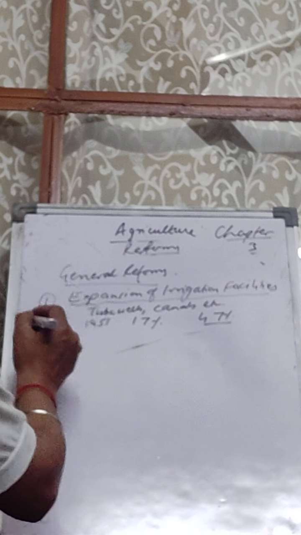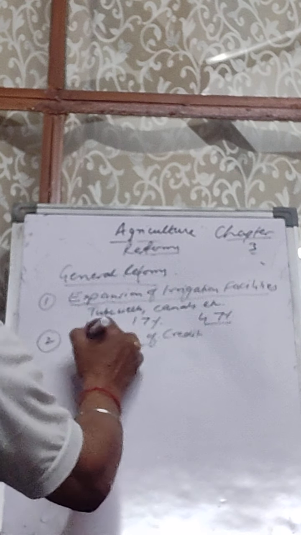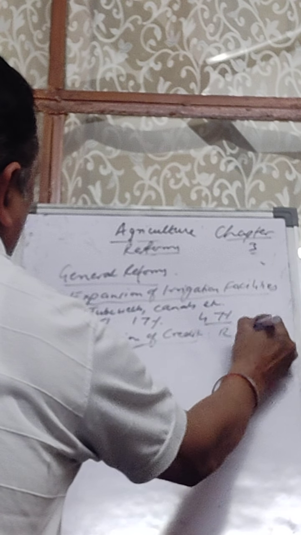Second point, provision of credit. In problem of agriculture, we have studied that the farmers face the problem of finance. So to remove the problem of finance, the government provided them credit at cheaper rates, and that was done with the help of RRB. RRB means regional rural banks. Now these banks provide loans to marginal and small farmers at cheaper rate of interest to purchase seeds, fertilizers and pesticides. Then in 1982, NABARD was established,